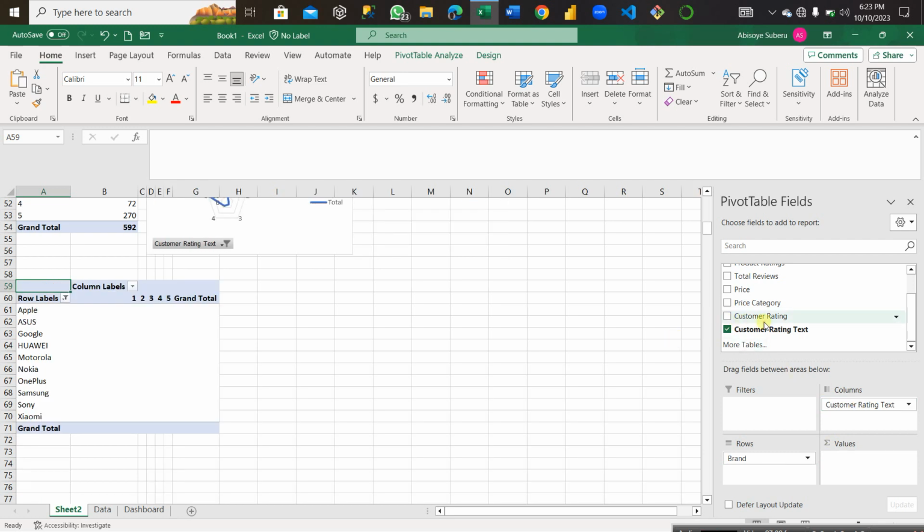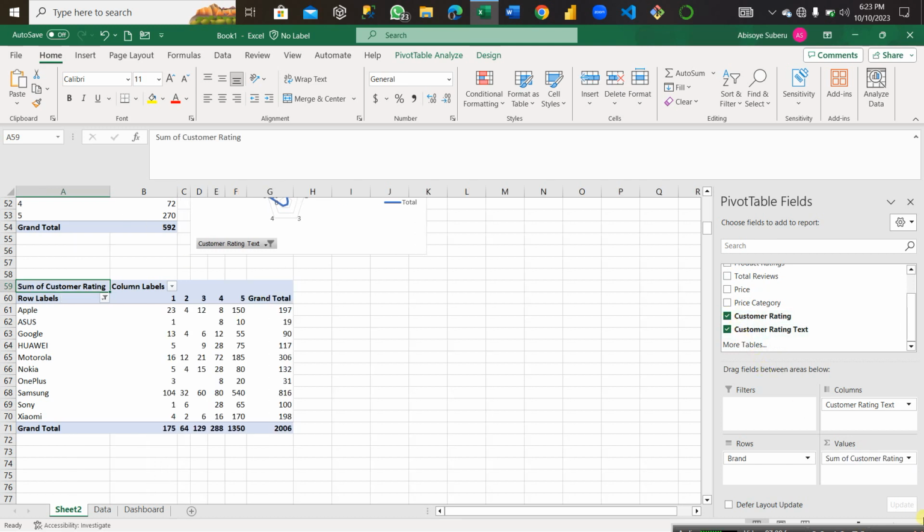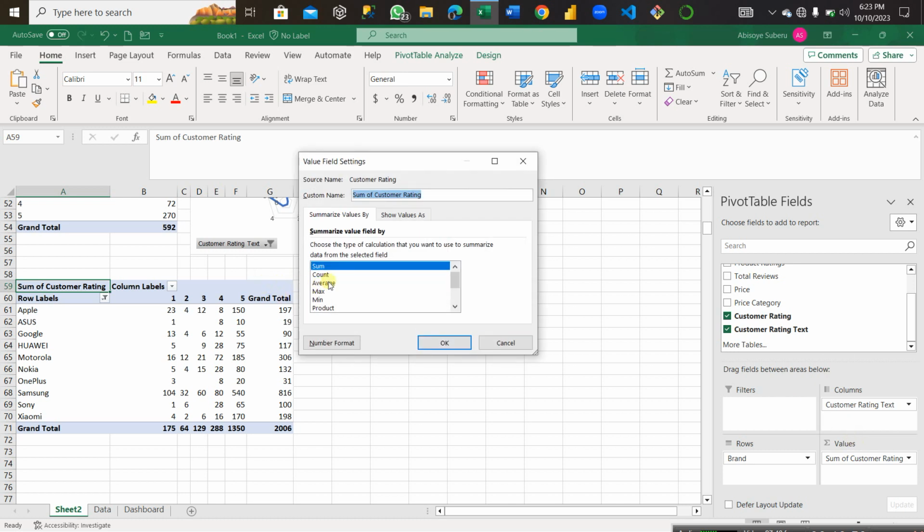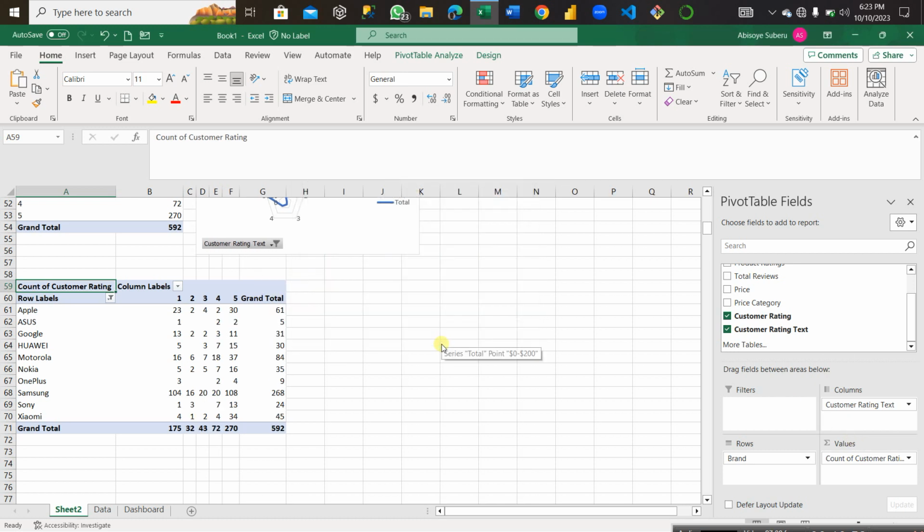I'm going to have my customer rating. Okay, where are you? Alright, so it's going to be count. So we have 592. So we have for Apple, the total number of people that rated it, that gave the